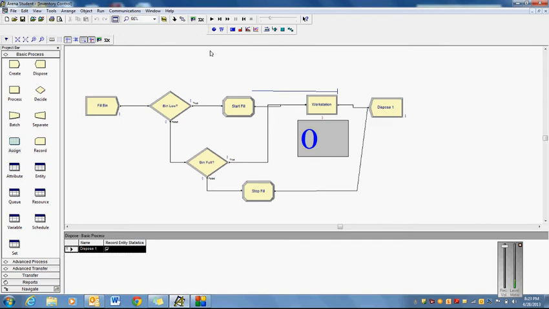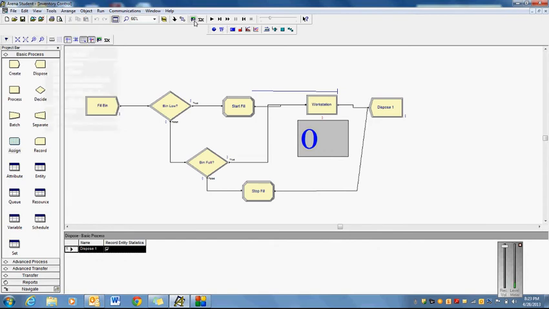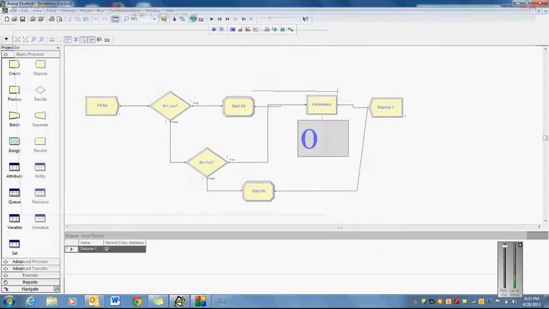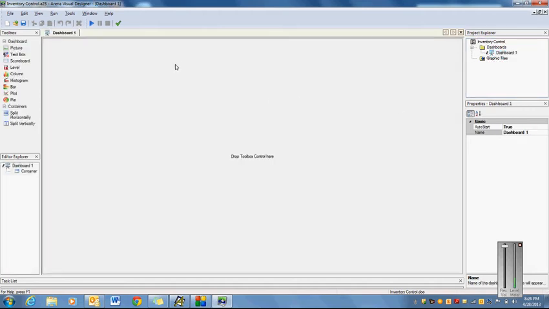And now what I want to do is show you how we can look at that in a better manner. So if you open up the Visual Designer, either from right next to your Expression Builder, or if you go up to the Tools menu, you'll see Arena Visual Designer. When you open up the Visual Designer, it's basically going to open up in here, and you can work with different dashboards. And you'll see if you click on a dashboard here, it'll give you a toolbox for that dashboard, the Editor Explorer, properties for the controls and or the dashboard,